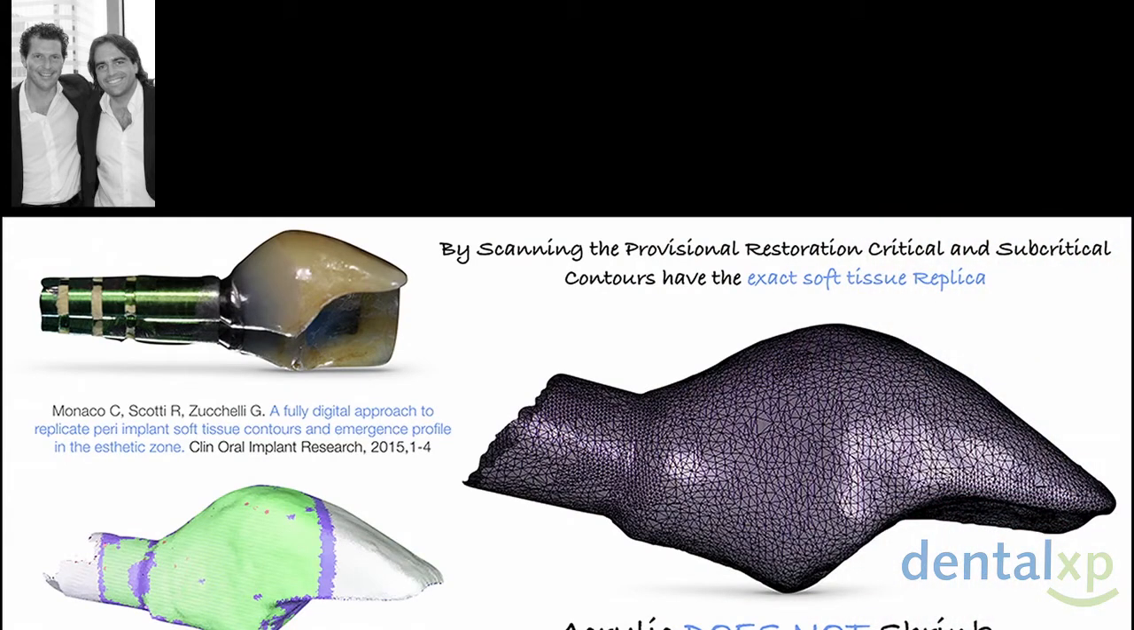Because we are able to scan the provisional restoration, critical and subcritical contour, and transfer the exact soft tissue replica to our dental technician. In fact, despite what we know about the gingival tissues, acrylic resin doesn't shrink. And thanks to the optical scanner, we can record the provisional restoration emergence profile, as you can see. And another thing to keep in mind, digital dentistry